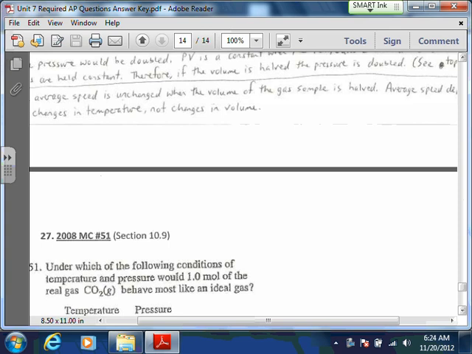Okay, I think that's it. Hopefully that helps with the free response questions. A couple of those are kind of tough, but if you guys know what you're doing on that, I feel like you should have a pretty good understanding of how to use the gas laws in pretty much any situation you're going to encounter on an AP